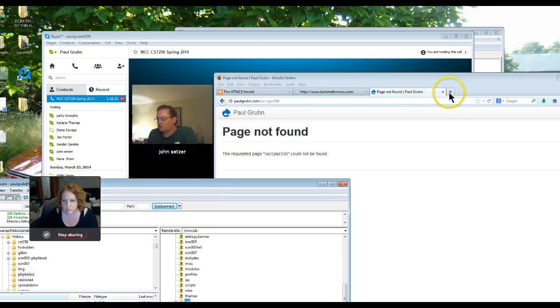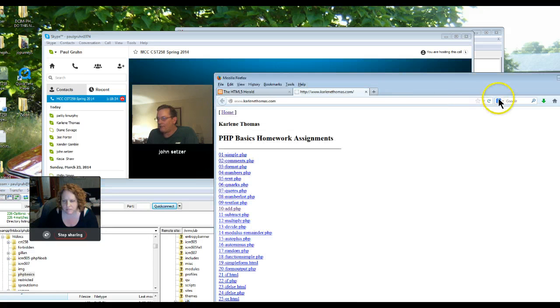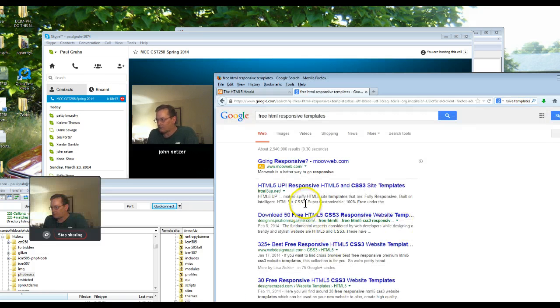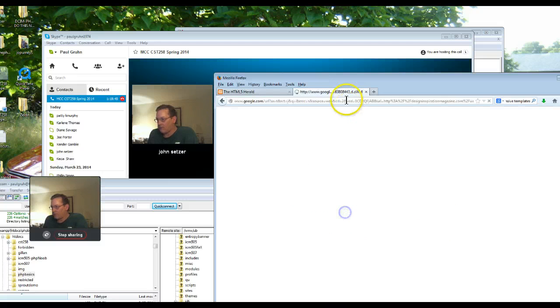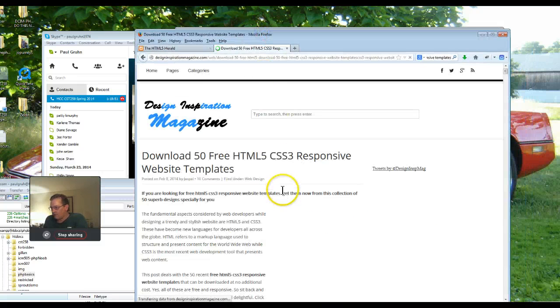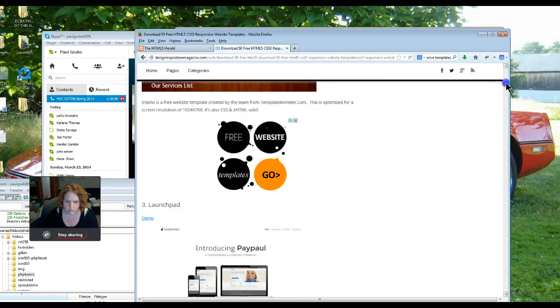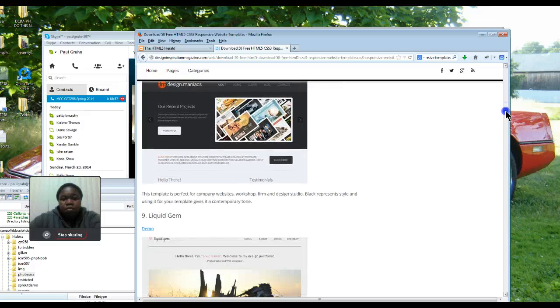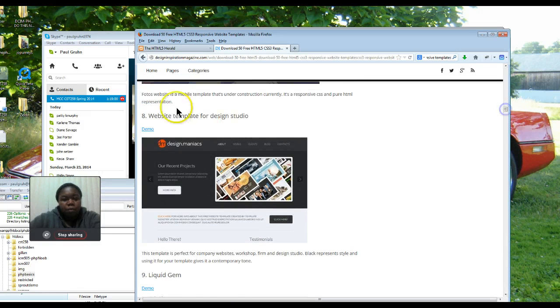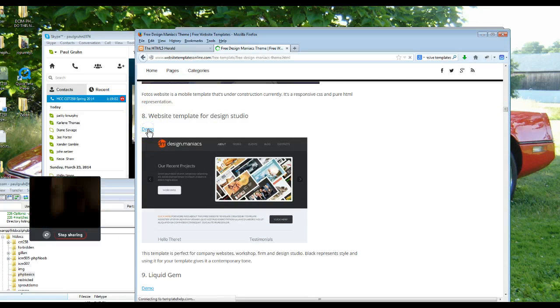So I guess not. So if you take a look, if you Google free HTML responsive templates, there's tons of them out there. And what a responsive template will do, let's find one. Boom. So here, if we go to this and we demo it,